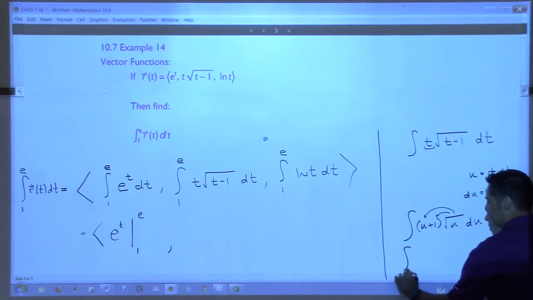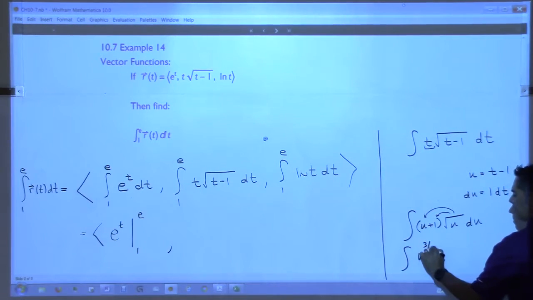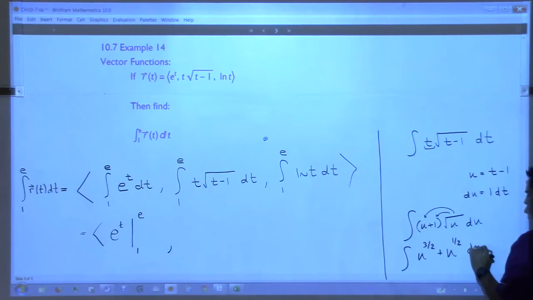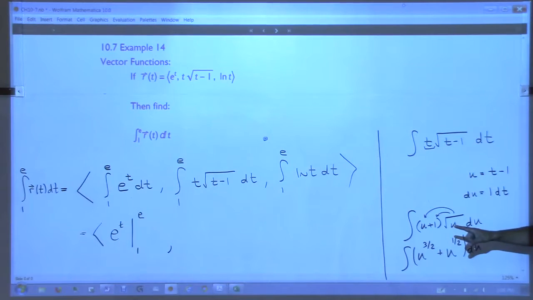And so we have the antiderivative of u to the 3/2 plus u to the 1/2 du. And those are just power rules, right? Yes. Okay, so let's go ahead and we'll just write the antiderivative over here. The antiderivative of this should be